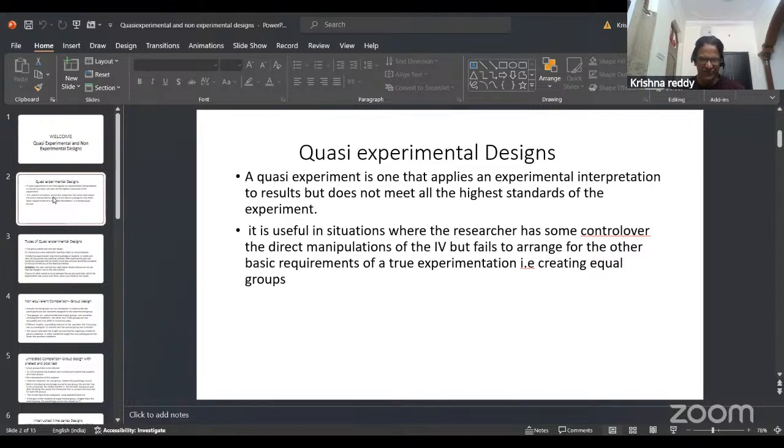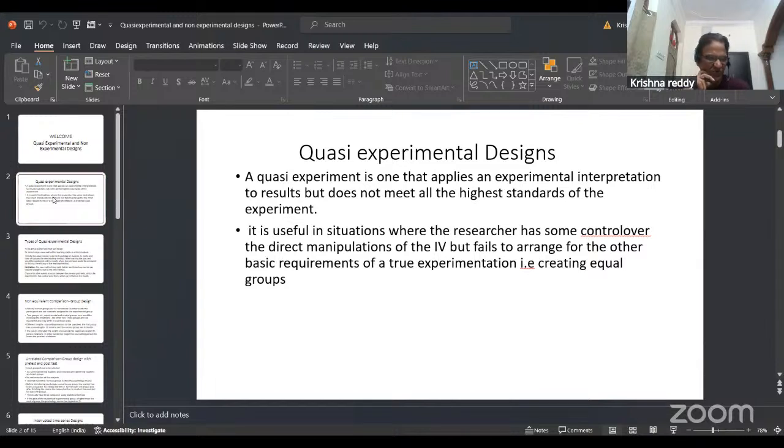To be a good experiment, there are certain standards which are set for the experiment, and particularly quasi-experimental design doesn't fulfill or satisfy all those standards which are required to be a very good experimental design. So we are not able to satisfy all those standards. Then we can call such kind of experiments quasi-experimental designs. Again, I should also inform you, my dear friends,